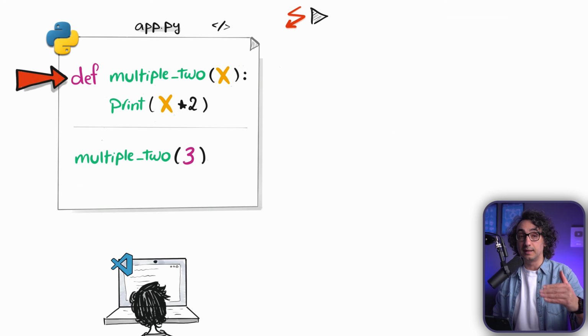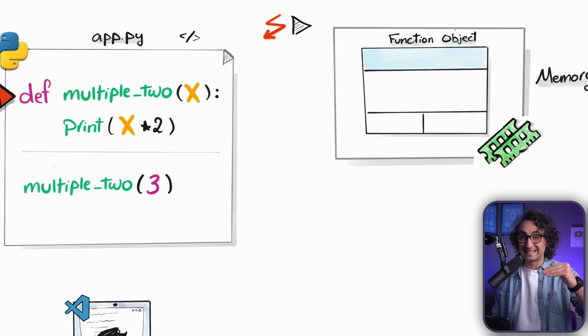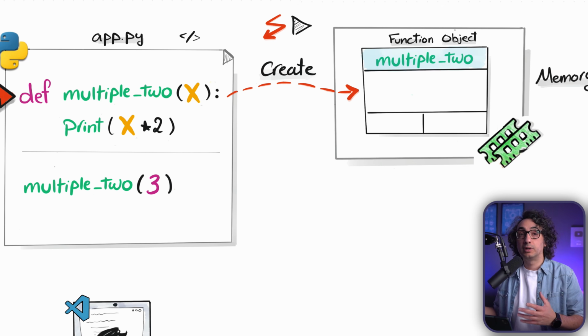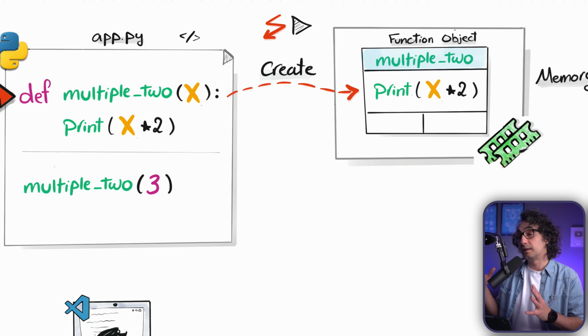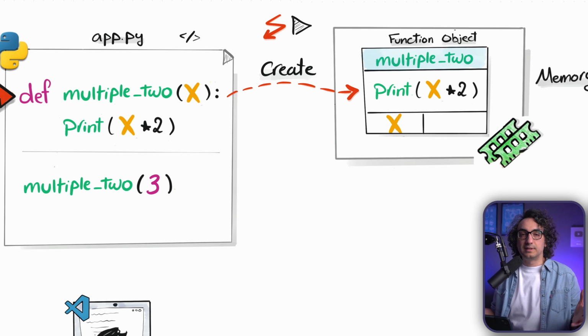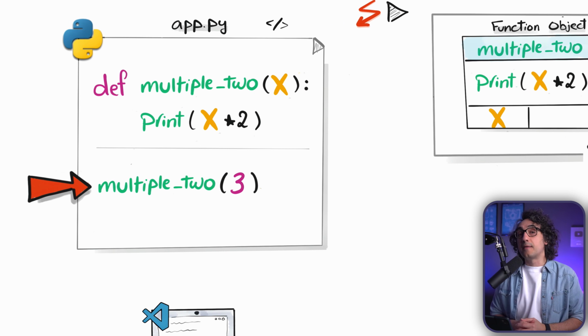It's going to start with the def. Python can understand, okay, this is the definition of the function. So it will not go inside it and do anything. Instead, it's going to create an object in the memory where it's going to put the function name, the definition of the function, and a list of parameters. Since here we have only one parameter, it's going to be x. So it has no value, and the parameter here is like a placeholder, nothing inside it yet. So that's it. Once it's created, Python is going to go to the next line, which is the function call.